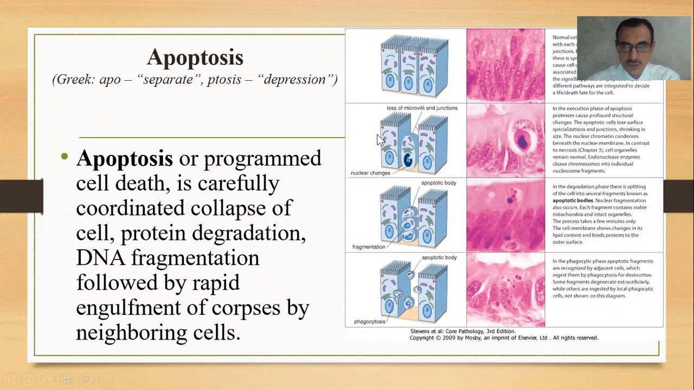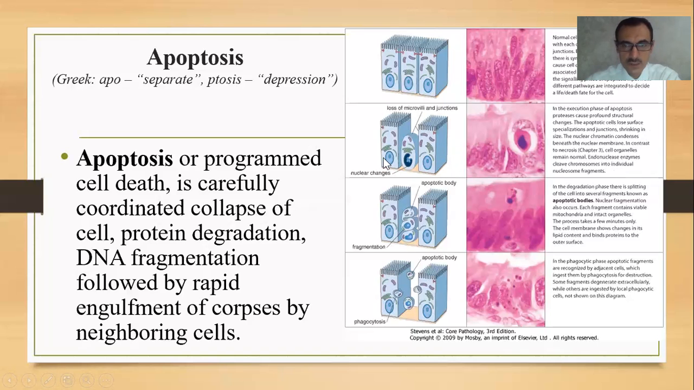In the execution phase of apoptosis, the proteases cause profound structural change, and the apoptotic cells lose their surface specializations and junctions, as well as the microvilli or some pseudopods, and they shrink in size. The nuclear chromatin condenses beneath the nuclear membrane. In contrast to necrosis that we'll also discuss later, the cell organelles remain normal, and the endonuclease enzymes cleave chromosomes